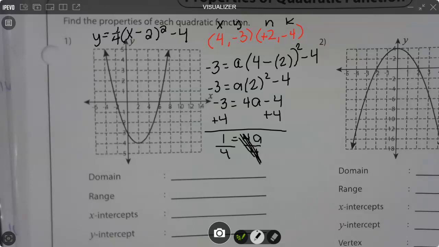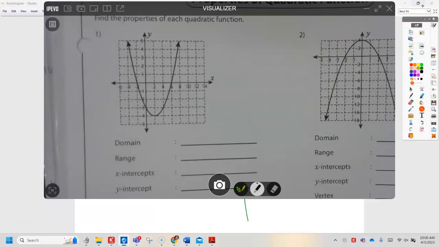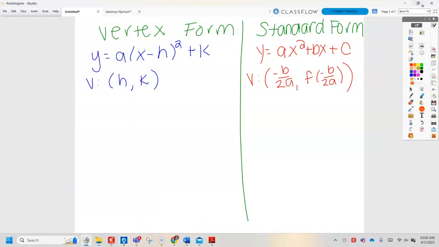The other thing that we didn't look at would be how do you graph on your own. So if you take out Friday's assignment,